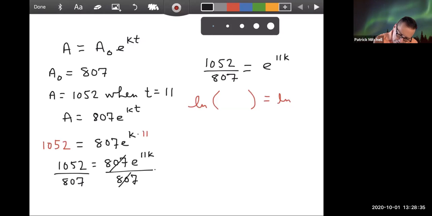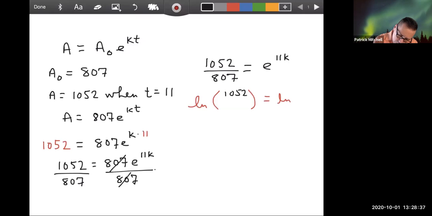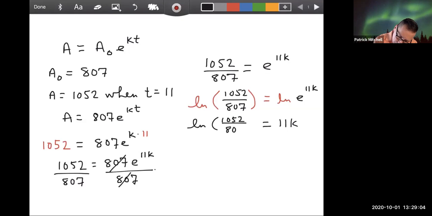Okay, so we have natural log 1052 over 807 equals natural log e to the 11k. And then by the inverse property of e to the x and natural log x, natural log of e to the 11k is just 11k, right? We talked about that in the last section. So we have natural log 1052 over 807 equals 11k, which means